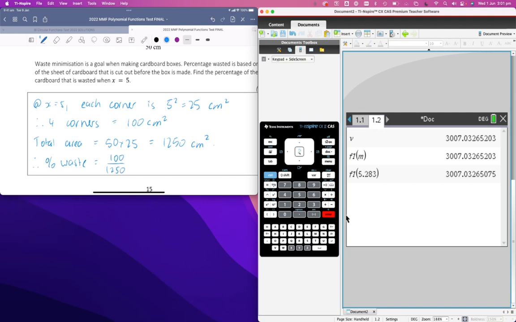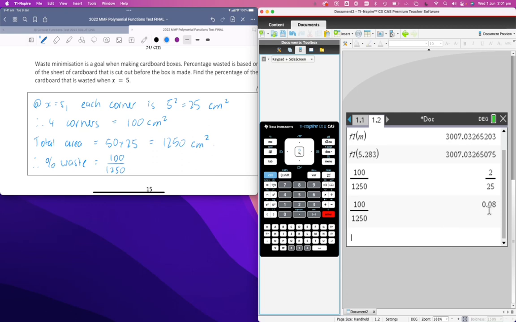And that's a calculator operation. So I would go to my calculator and I would go 100 divided by 1250 equals 2/25. I want it as a decimal though, based on the context of what we're looking for. So I'll go Control Enter, and that'll give me the approximation, which is 0.08,